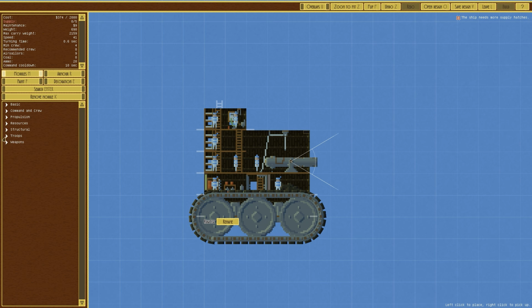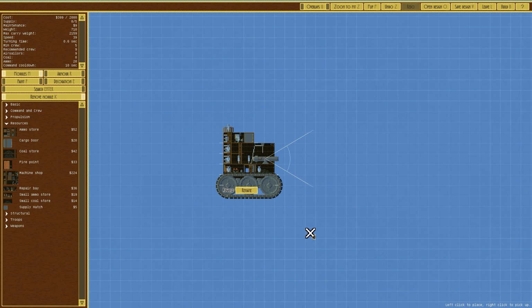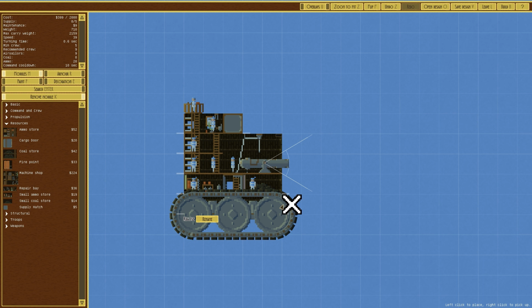But when you consider we're going to go over to our command and crew, over to a crow's nest, put a crow's nest up there as well. And then finally down to a structural. That's not structural, it'll be in command and crew, won't it? No, apparently not. Resources, perhaps? Resources, yes. Supply hatch. There you go. There's our tank. It's probably as small as we can get it. Actually, we could probably thin it down somewhat by putting a...